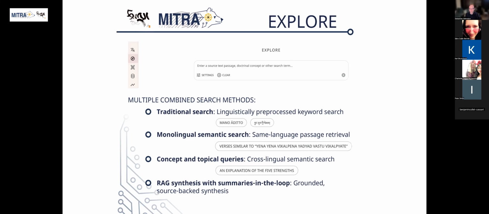Then we provide monolingual semantic search. This is the ability to search within the same language and to retrieve matching passages. And then we also have cross-lingual semantic search, so you can use a passage in Sanskrit, for example, to find a matching passage in Tibetan. You can also use our system to do conceptual and topical queries, like, for example, the explanation of the 5 strengths.